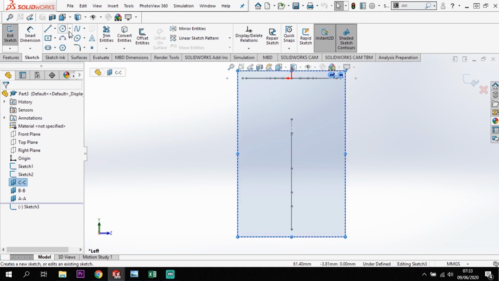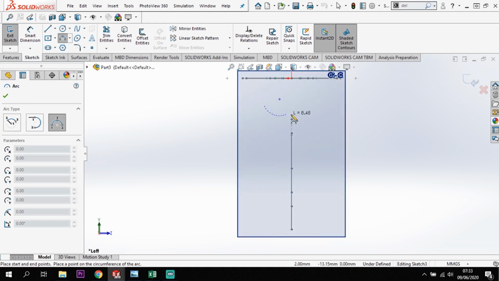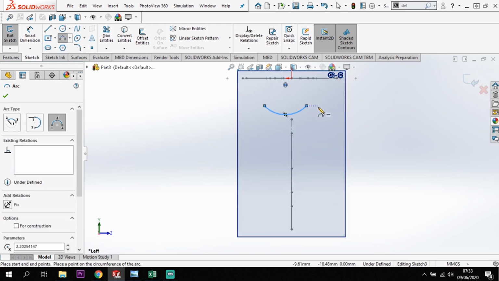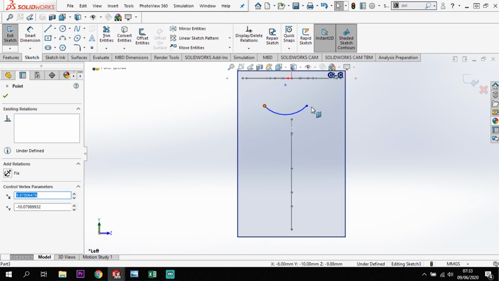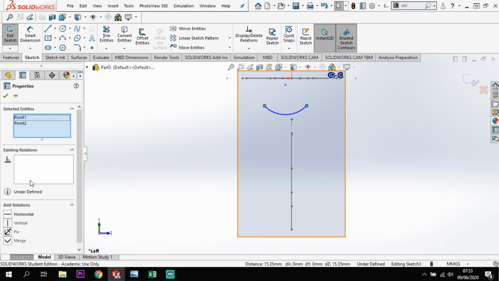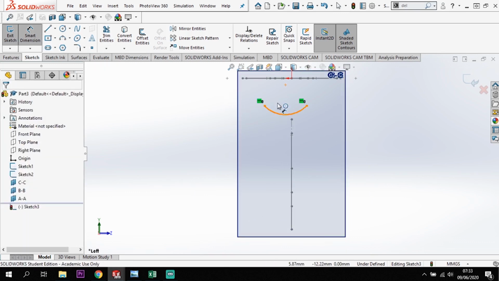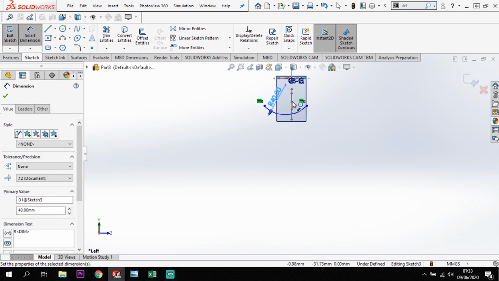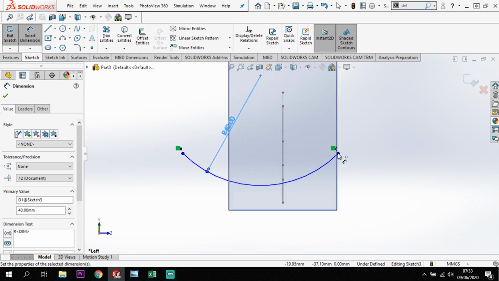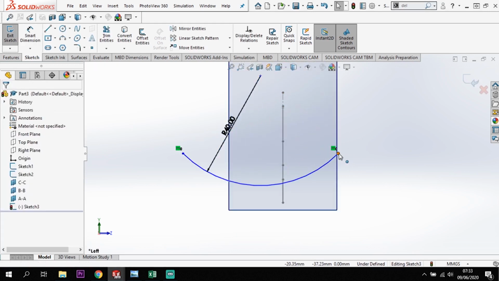And then I am going to create an arc. So my arc is going to be randomly on here, like so. I am going to make sure that these endpoints stay horizontal, and then I'm going to add in a radius to this, which is going to be 40. Okay, so I don't need it to be this big, so I'm just going to shrink that down a little